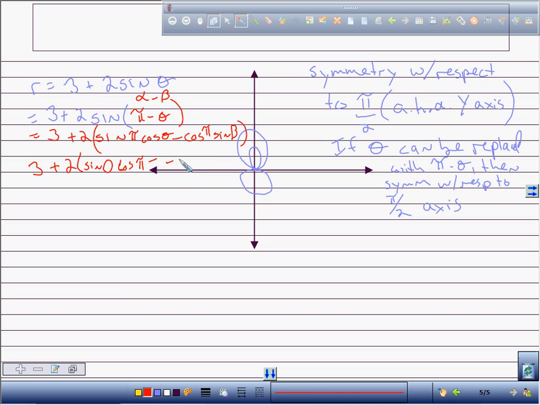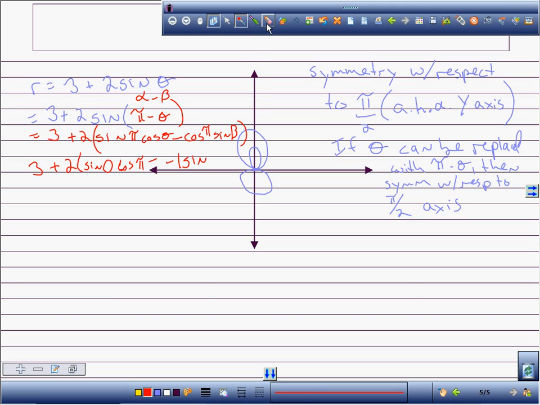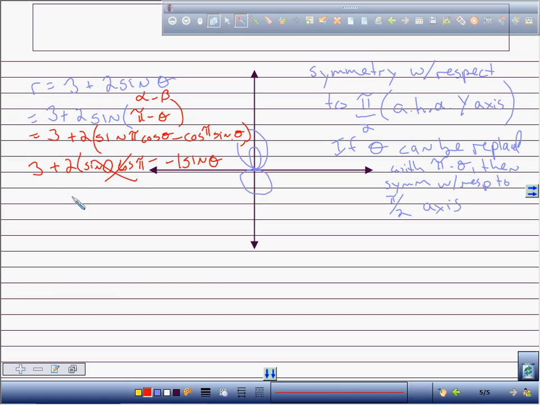Negative 1 sine, whoops, that shouldn't be d, that should be a theta, okay? Sine theta. And so I get negative 1 sine theta. And since this is 0 times something, that goes away. And this becomes 3 plus 2 times a negative times a negative makes positive 2 sine theta, which is what I started